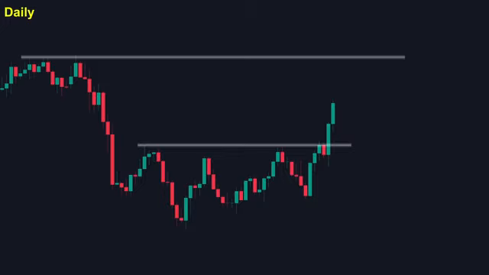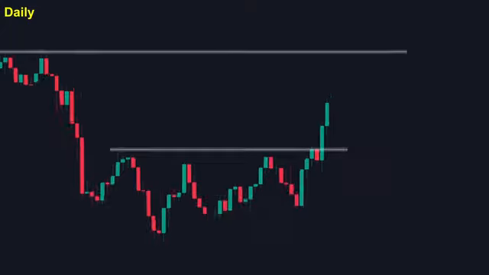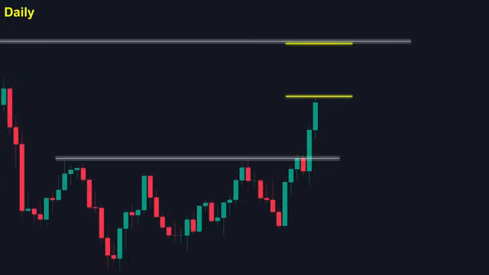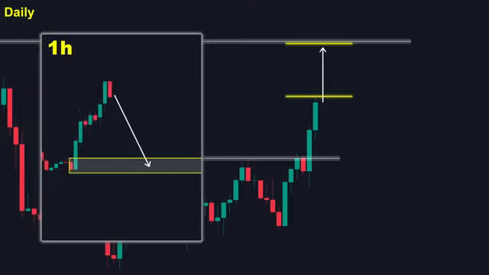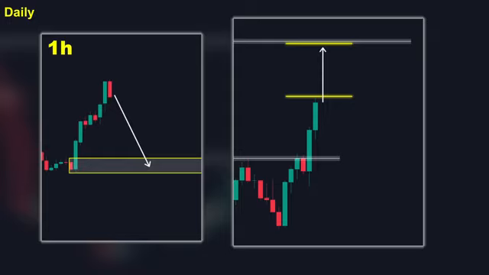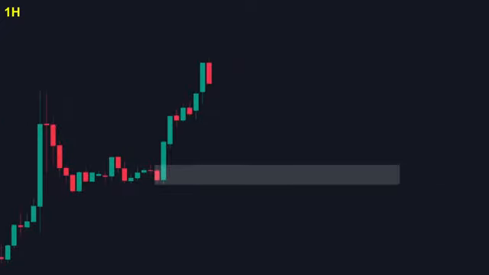On the daily time frame, we can see that the market has recently broken above an important resistance level with authority, indicating that buyers are firmly in control. Additionally, there is still plenty of empty space before reaching the next significant level ahead of price. This confirms that our 1-hour analysis perfectly aligns with the daily time frame structure. We have confluence across multiple time frames, which dramatically increases our probability of success. Now, back to our 1-hour chart analysis.